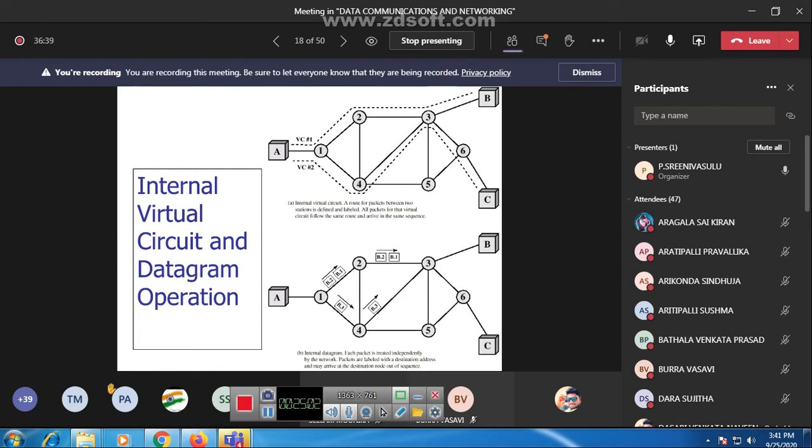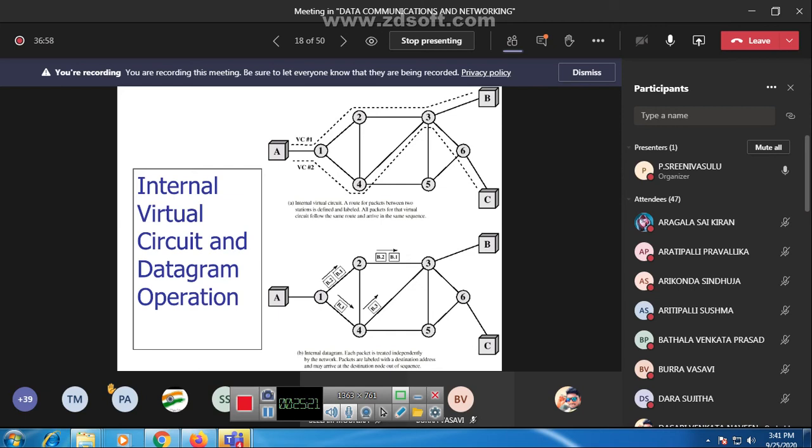Next, besides datagram, we have the virtual circuit. The virtual circuit network sits between a circuit switched network and the datagram network. It is a combination of both.